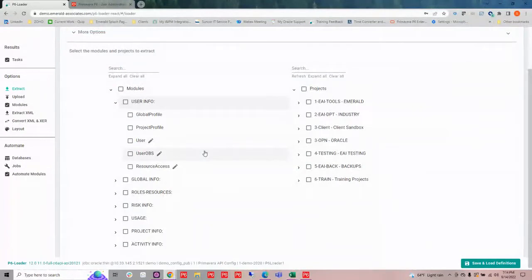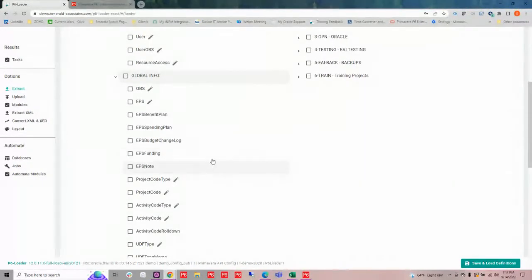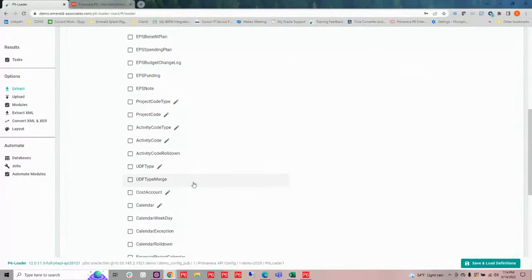So as we mentioned, user information. So anything from the security profiles to the users to assigning those OBS or the responsible manager for those users. We have global information. So OBS, EPS, project and activity codes,